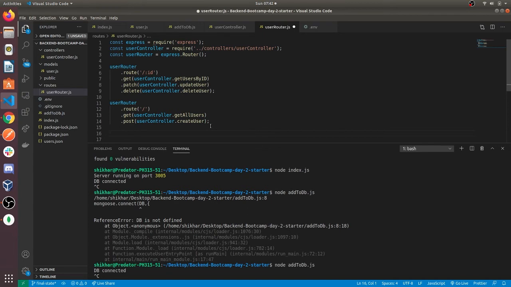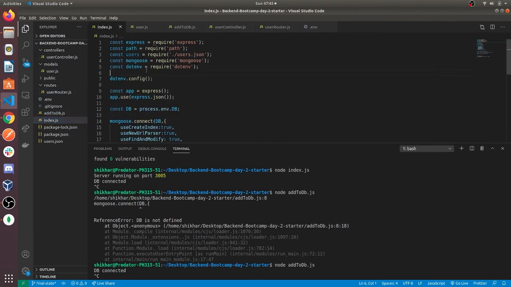Now I'll just export our user router, and import it in our index.js.